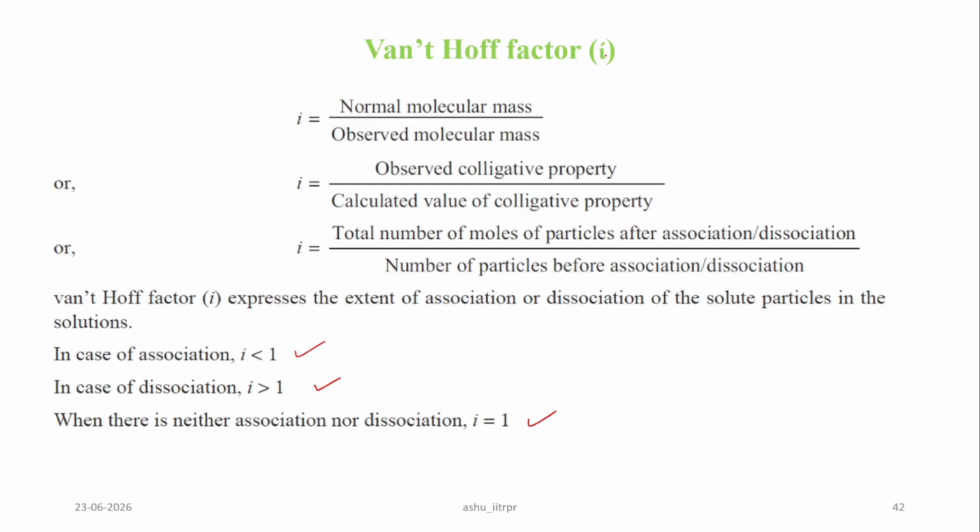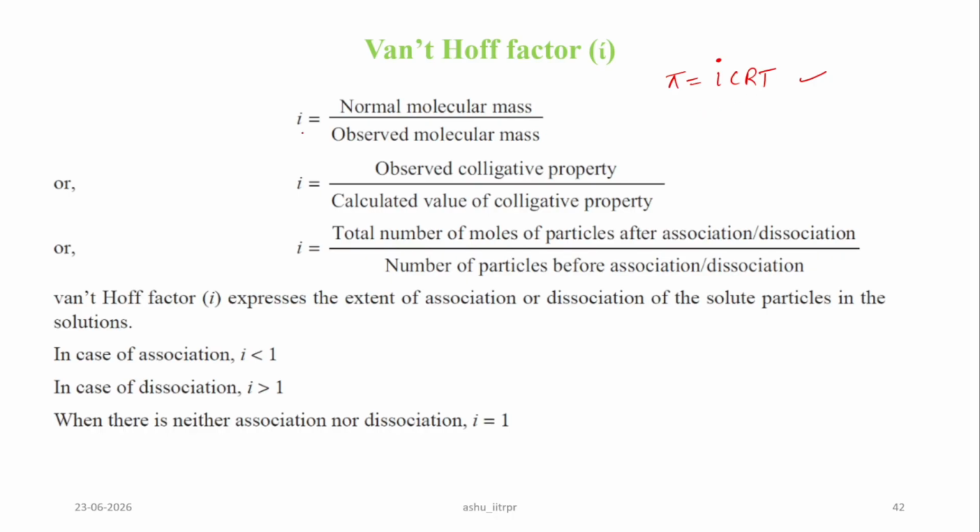One more thing that I should make you understand is that you should use this formula everywhere. Suppose I am writing for osmotic pressure. What we have studied, pi is equal to either CRT or MRT. So always remember it this way, iCRT, and use this formula only. Don't remember pi is equal to CRT. Always put I, because what we observe in exams is that a lot of students forget to mention the value of I. This should not be the case. Remember this formula as it is: pi is equal to iCRT.